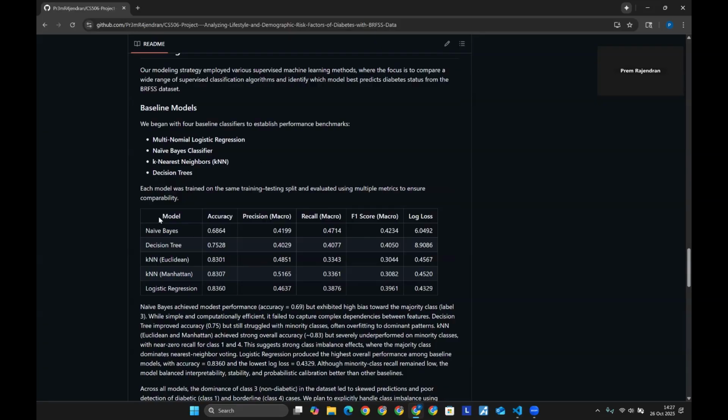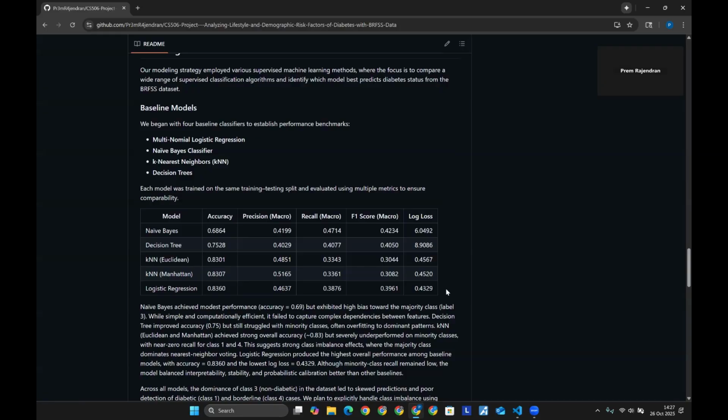From the table, we observe that naive Bayes achieved an accuracy of 69%, but struggled with complex feature relationships and showed bias towards the majority class. Decision tree improved the accuracy to 0.75, but tended to overfit our training data. In terms of KNN, we tried two variants, one using the Euclidean distance and the second using the Manhattan distance, which achieved a strong accuracy of 0.83, however, failed to detect the minority classes, revealing an overall class imbalance